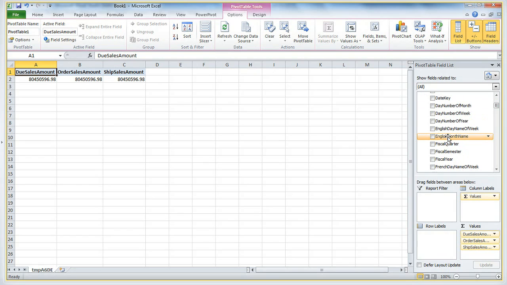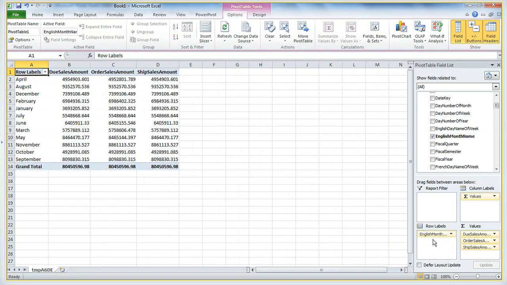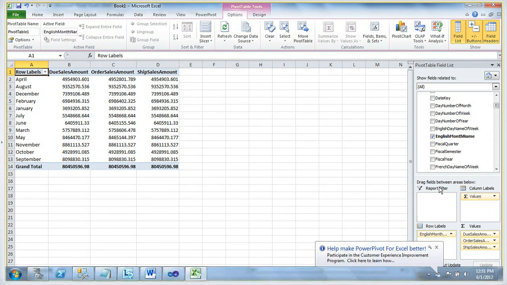English month name. These are columns that are in the full-blown version of AdventureWorks. And I'll drag that down to the row label area. And then I'll pick a year. Now, you might wonder, where's the slicer capability? If you don't see the slicer capability right here, you can,